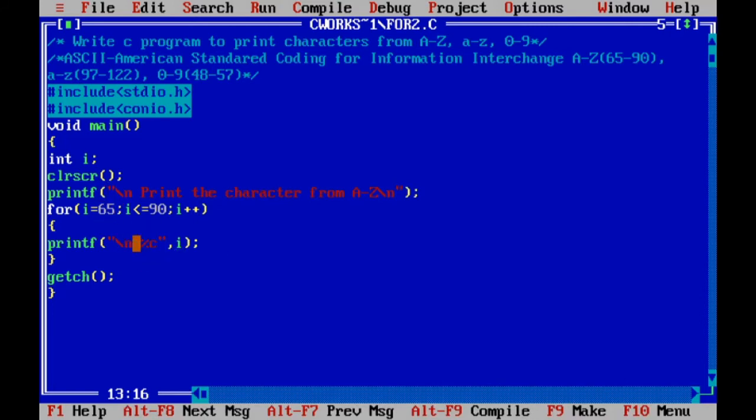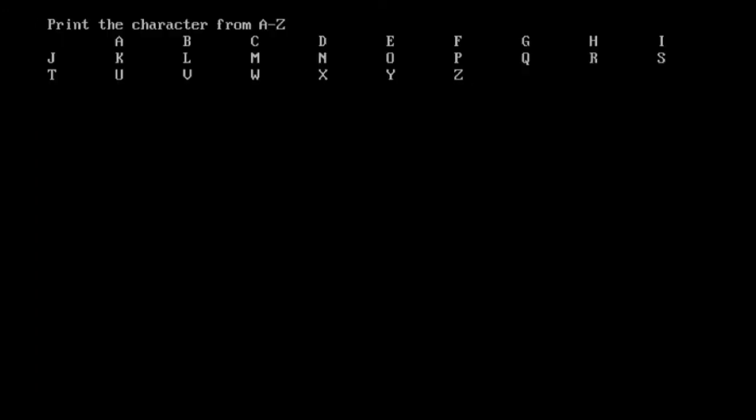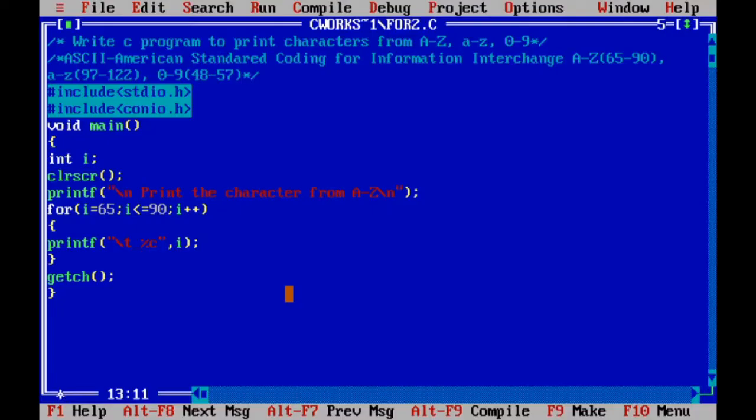You can remove this \n and do the \t. So check once again, Alt F9, then Control F9. See, here is your output A to Z. Suppose you want the number also and character also, then do %c \t